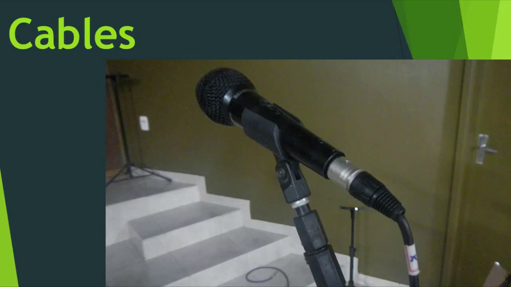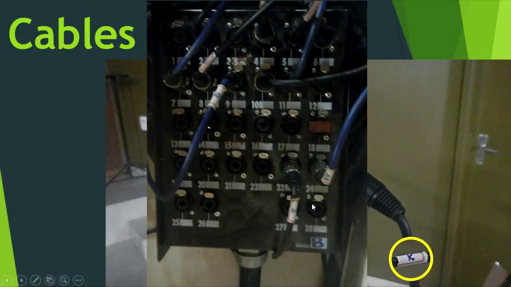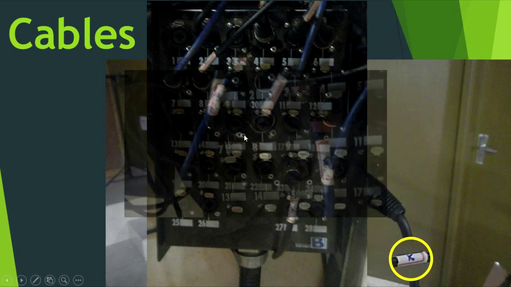So if you go up and see a cable, you can see all of them have a related letter, like this one has a K. The piano has one, the electric guitar is going to have one, everyone is going to have one. And you can follow this cable to the Medusa. The Medusa is a place where you have a lot of cables and numbers,